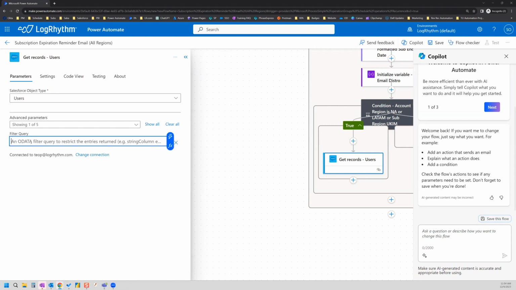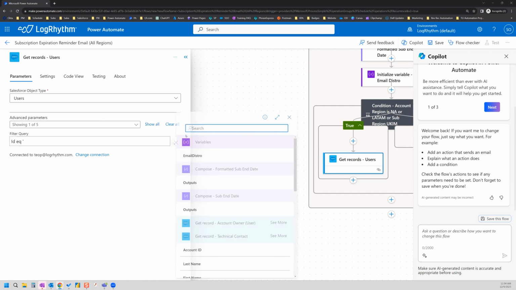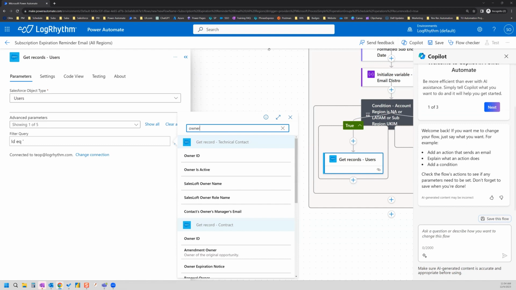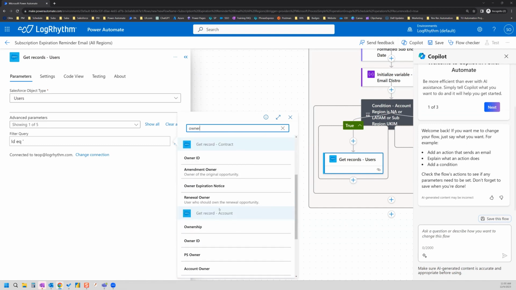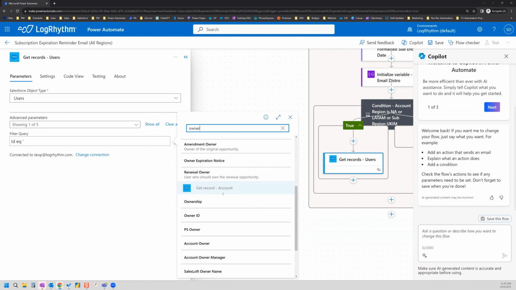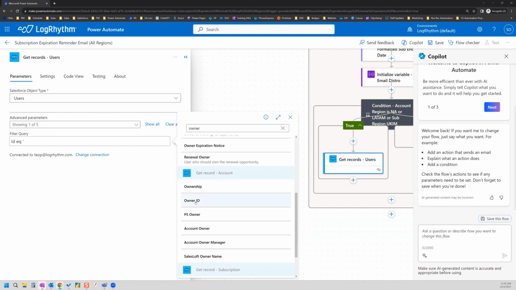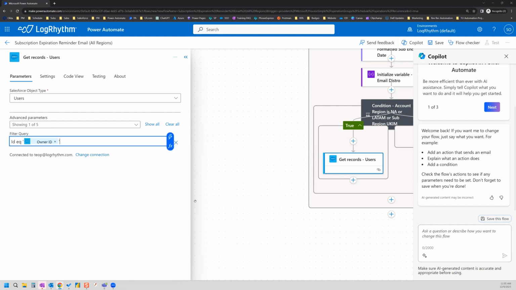So here's our filter query. So again, ID equals, and then single quotes. And now we can choose from dynamic content. And so what we want is the ID of the account owner. So if we just search owner, and then we're looking for account. So here's get record account, and here's owner ID. So perfect. We can put that in there, close it with a single quote,